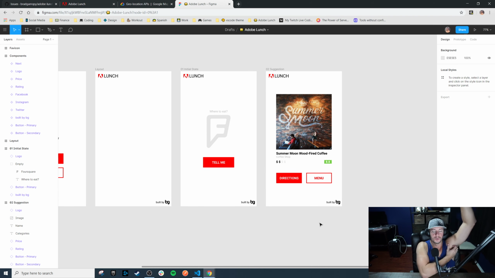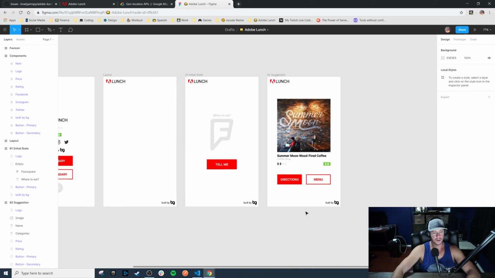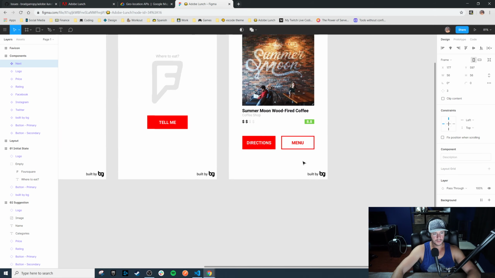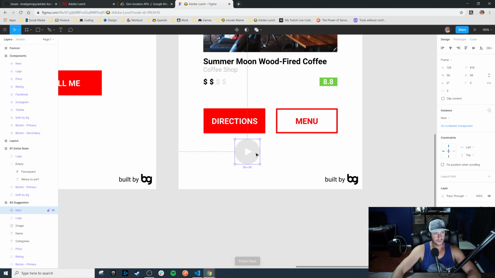So what does this do? I mean, do I really want to have a button they can tap? I mean, sure, why not? For now, take this component, drop it right there, dead center on the page,